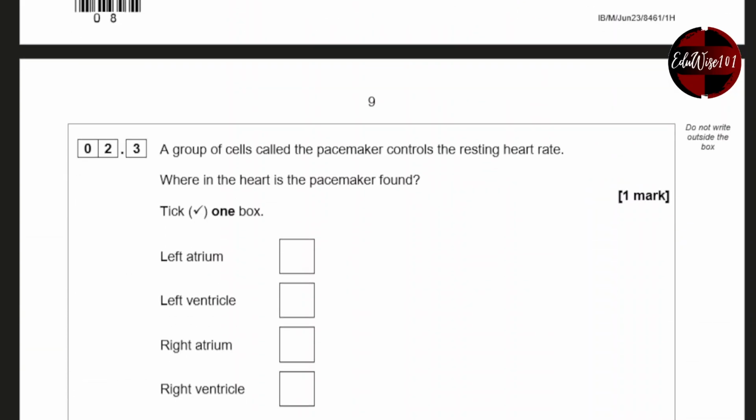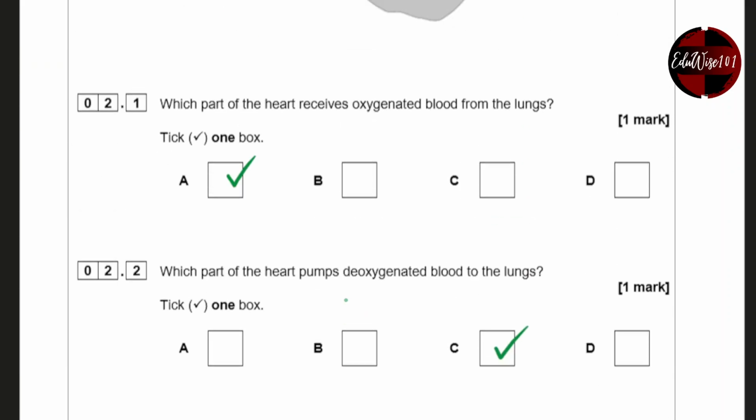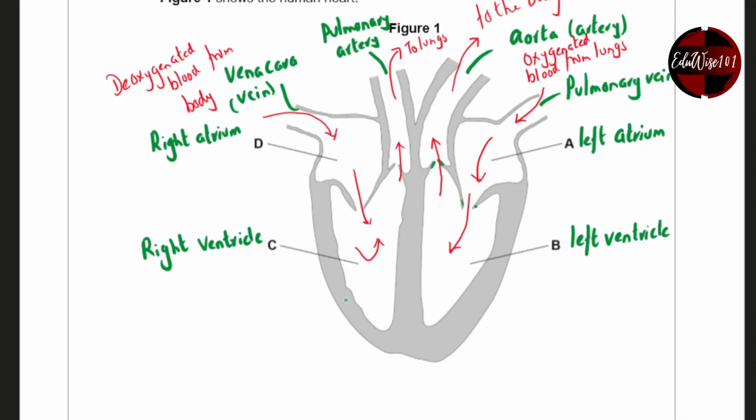A group of cells called the pacemaker cells controls the resting heart rate. Where in the heart is the pacemaker found? And that would be in the right atrium. Now, the pacemaker is found somewhere here. Okay, let me choose a different color, maybe a purple color, somewhere here. Right? It's a group of muscles which